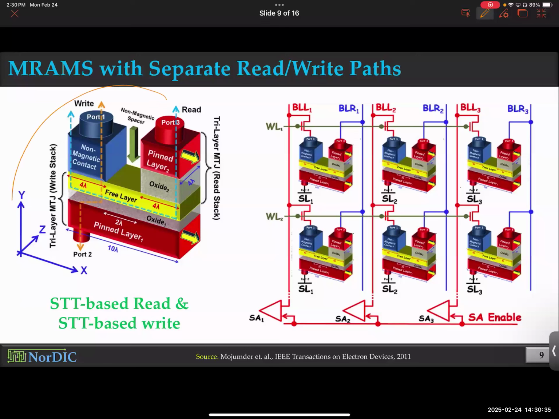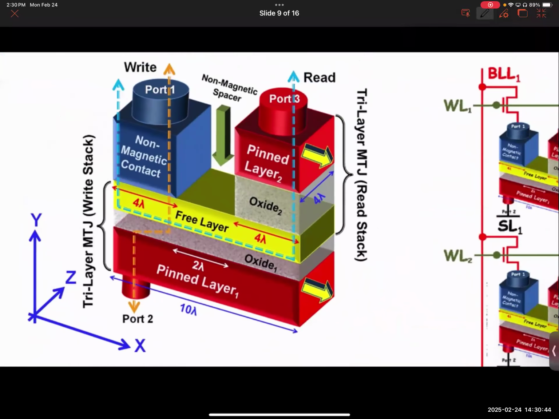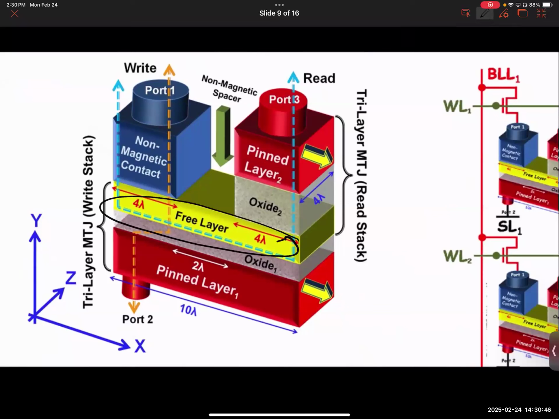This is a really complicated 3D structure. You have a free layer. Can you see my marking as I'm drawing, or should I change the color to something more prominent? So you have a free layer, a pin layer here, and a pin layer here. So you have two pin layers. It's a very fancy structure. The idea is that when you read through this path,